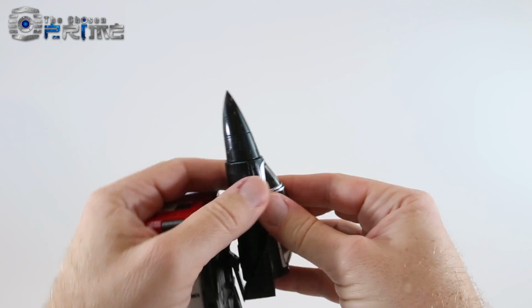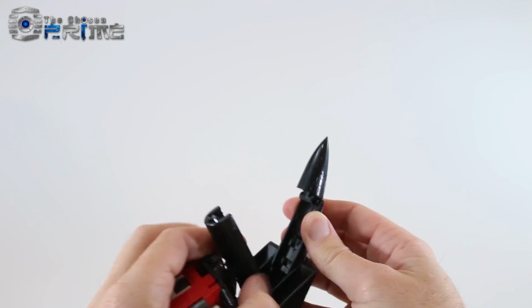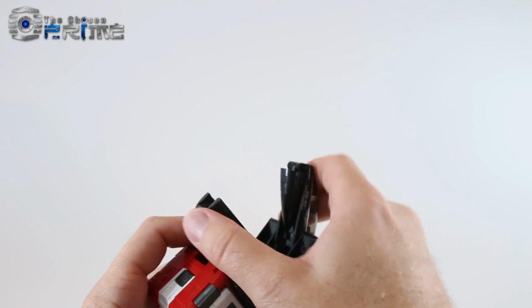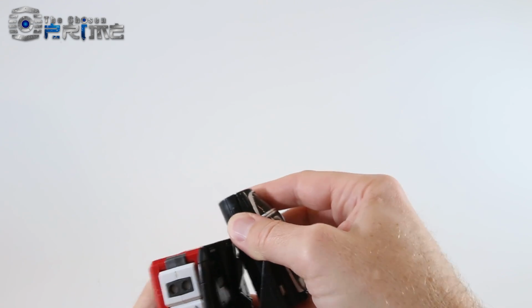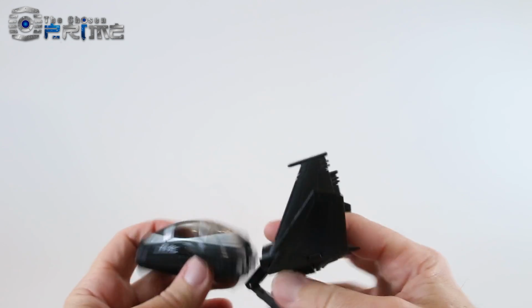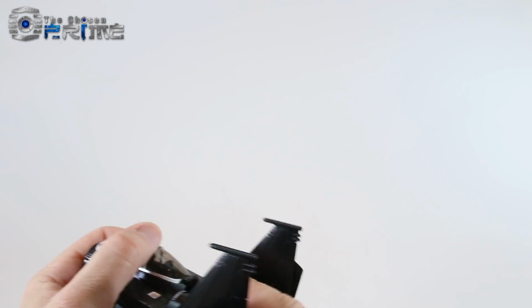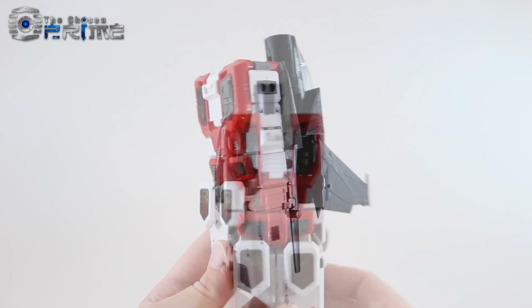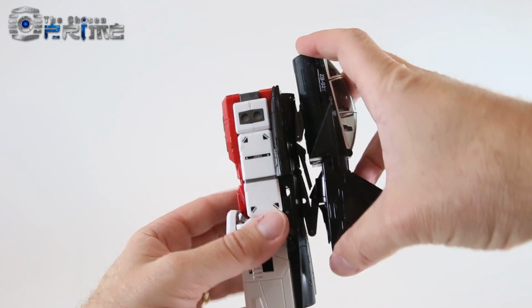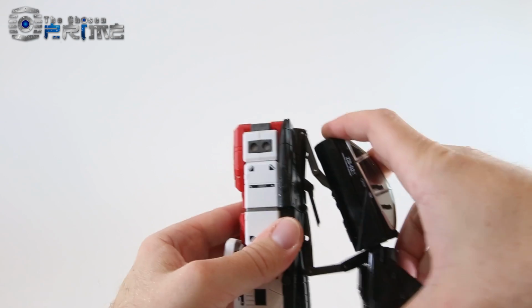We can come to the canopy part up here and grab the two halves of it like this. And you see now there's a space for the tip of the jet to be pushed in. We can bring that down. We can bring this down. We can hook the back of the jet with the front and just get this laid down. And then again, I'm not quite sure of the final position of all these different parts, but you can take this entire chunk here and it can hinge down lower onto his back